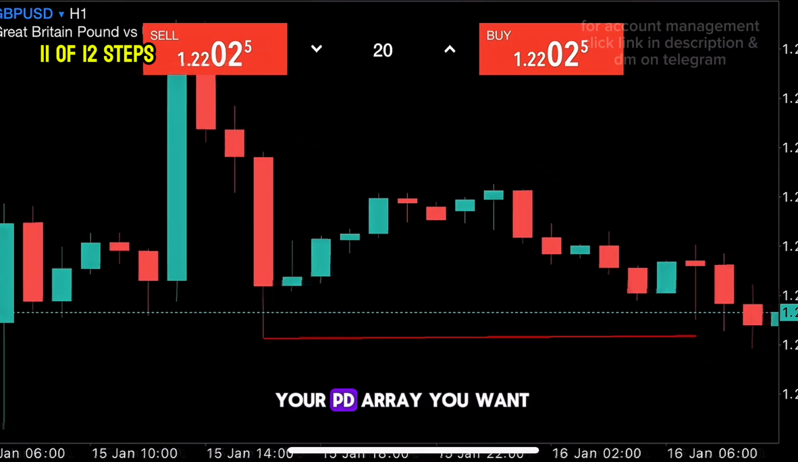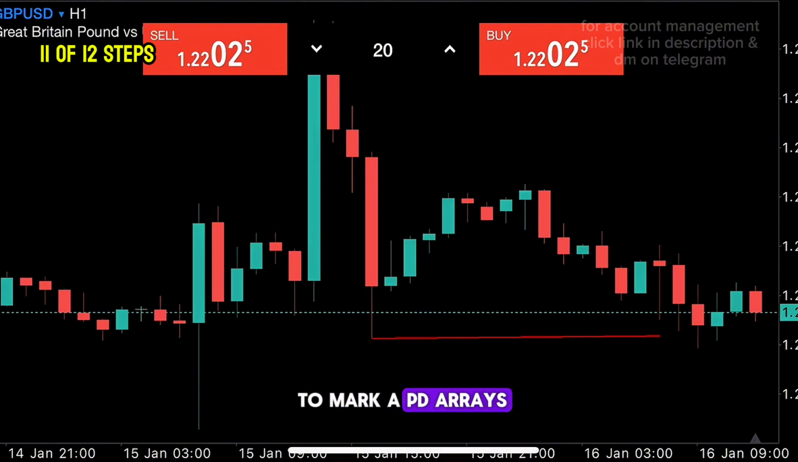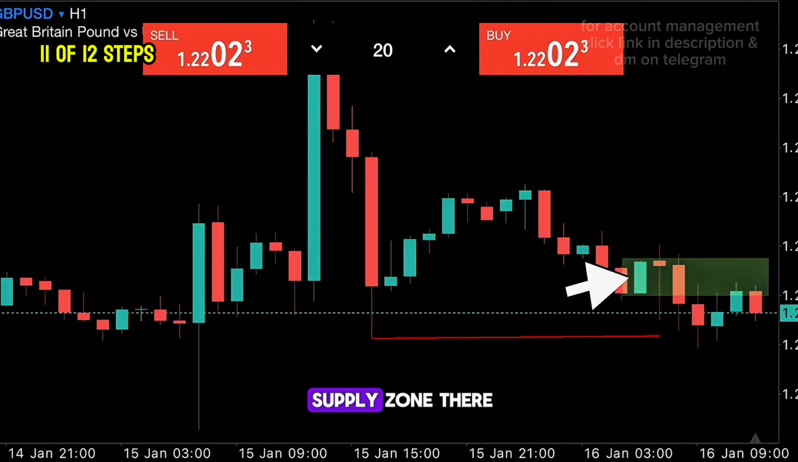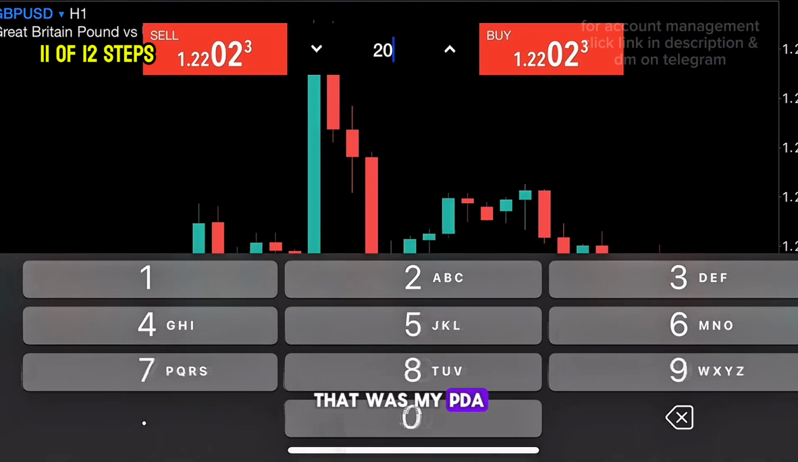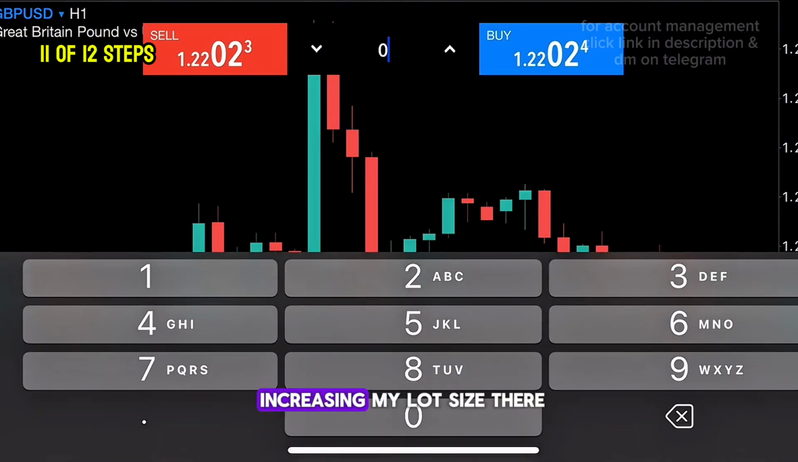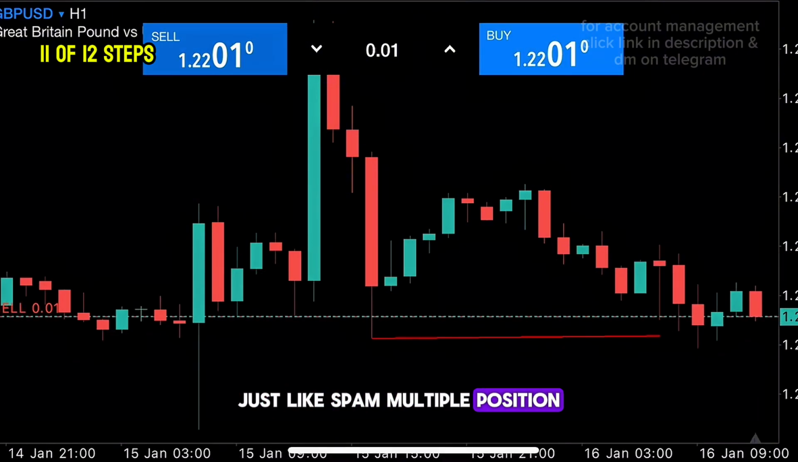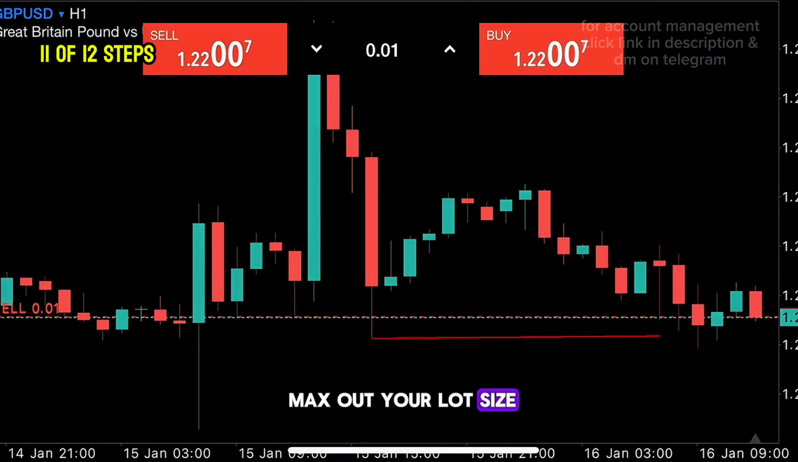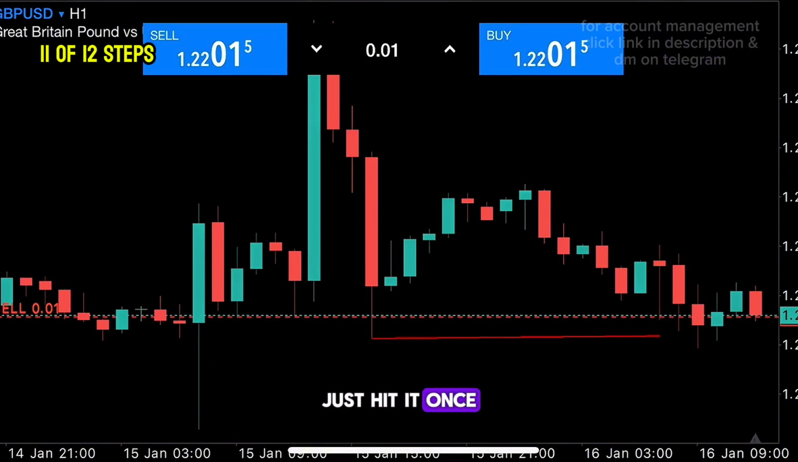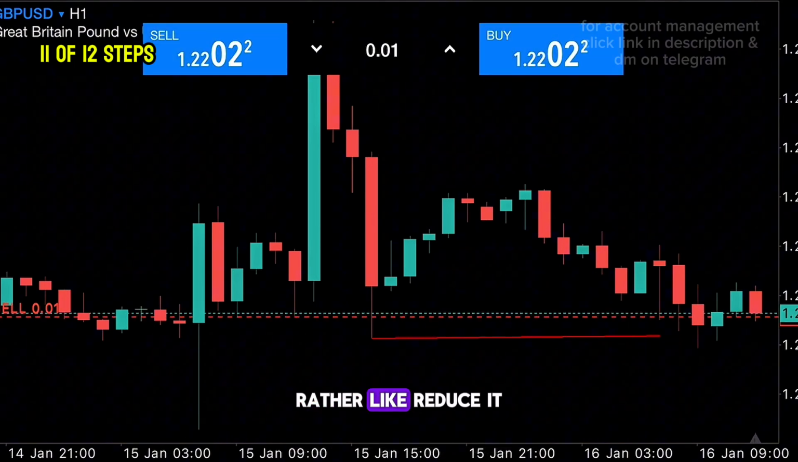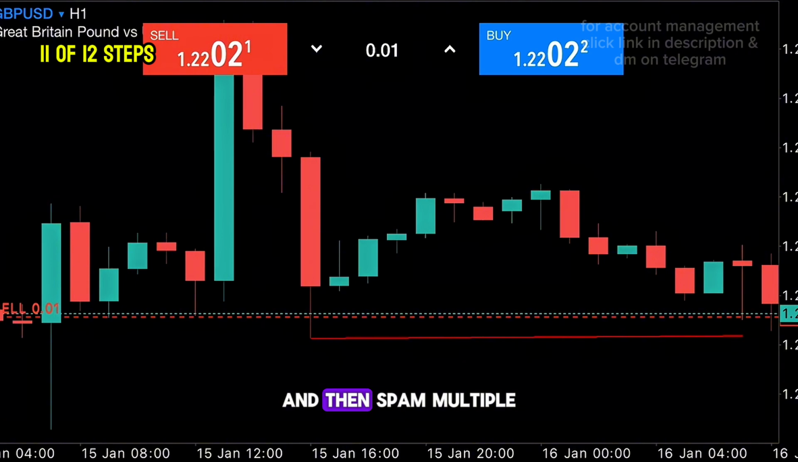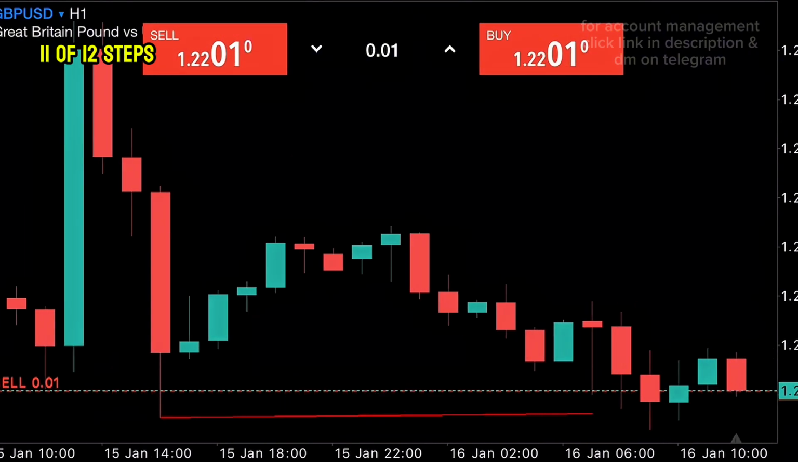So when you get your PDRA, you want to mark your PDRA. Basically for this one, my PDRA was this supply zone there. That was my PDRA, and then I started increasing my lot size there. You can use a small lot size and just spam multiple positions, or you can just max out your lot size and just hit it once. But me, I like to reduce it and then spam multiple positions,